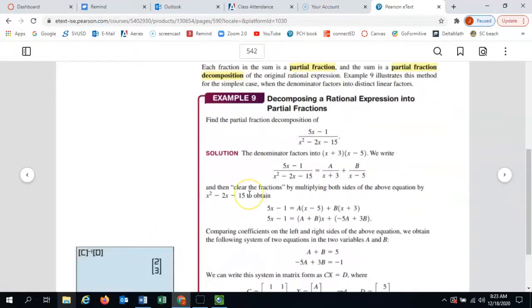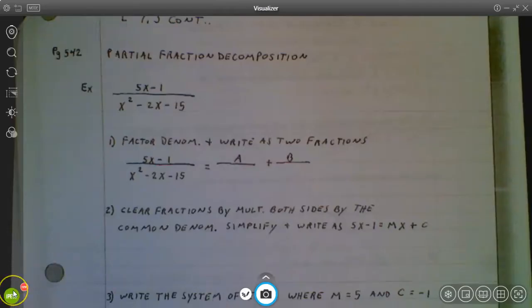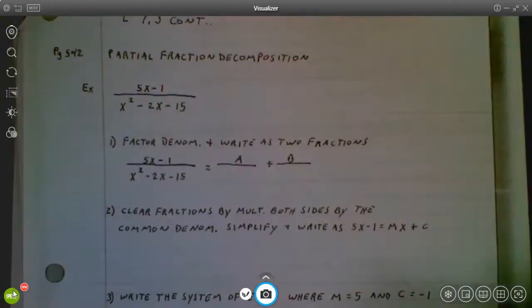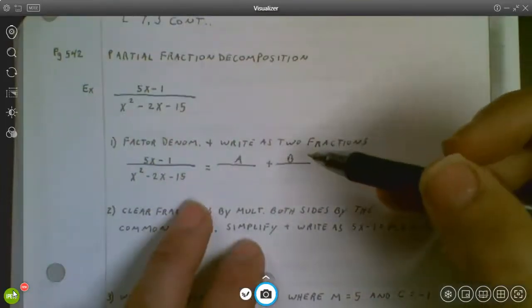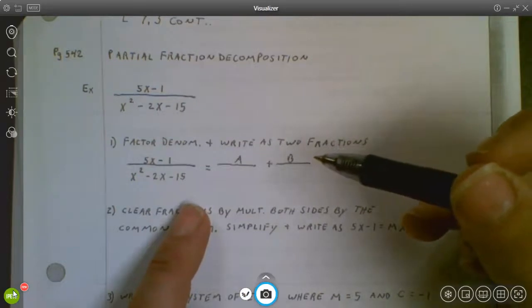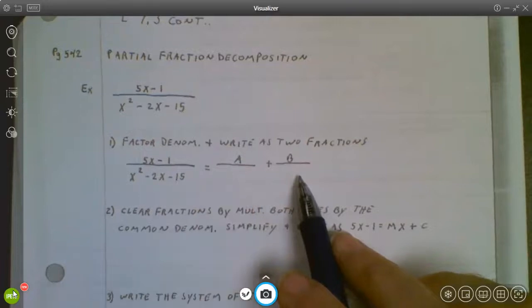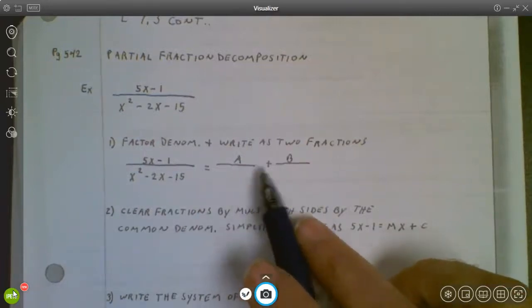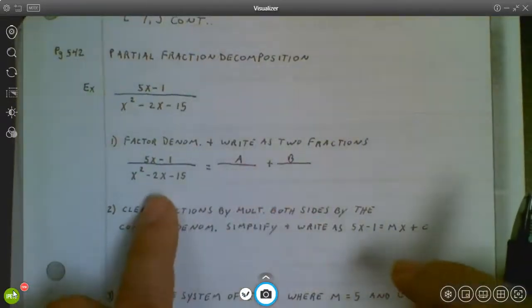So you can read more about it on this page. It does come back to matrices, as you're going to see here in just a minute. But let me walk you through the process and explain every step. So here's the original, and we're going to start by breaking it apart. I broke this down into these 4 steps from the book. Our goal is to take this one fraction and break it apart into these 2 fractions. For the top, we're leaving them as simply A and B, because we don't know what those are yet. The bottom is being broken down into